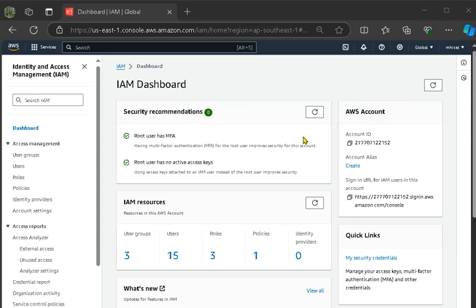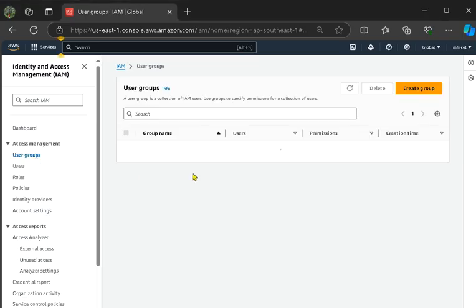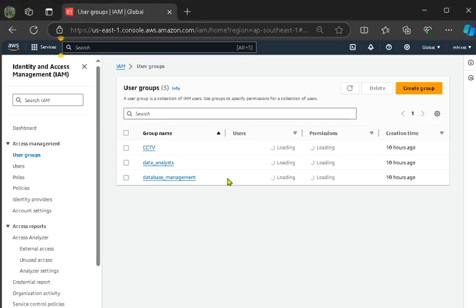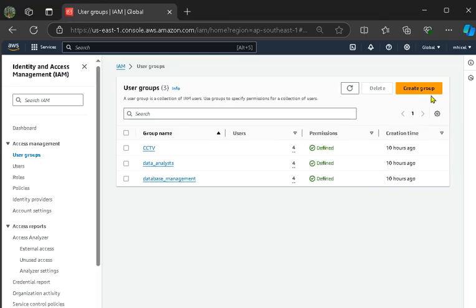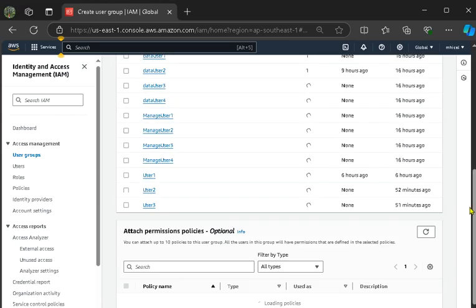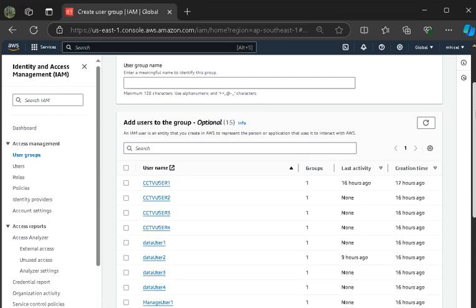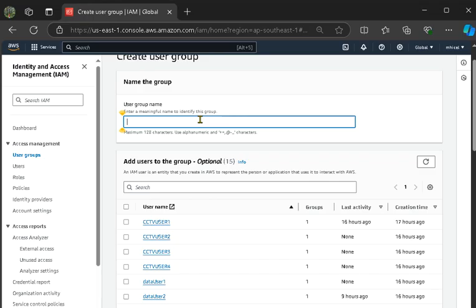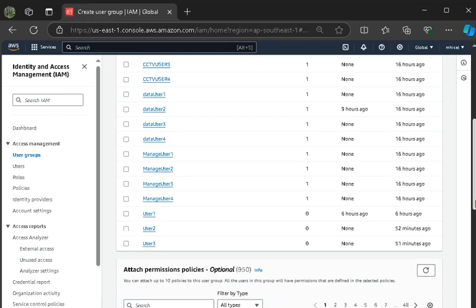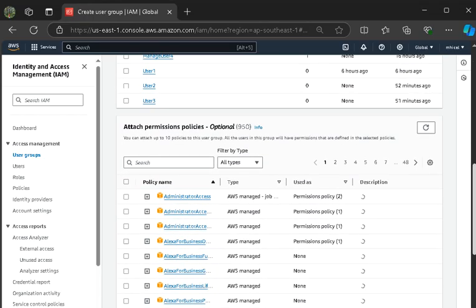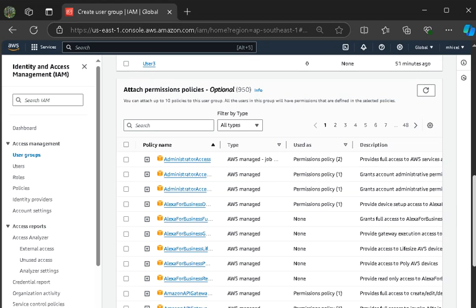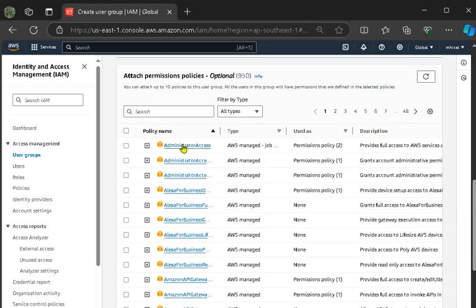And then on the part of creating a user group, you will be creating a group here. Just name the group, and then attach policies here.